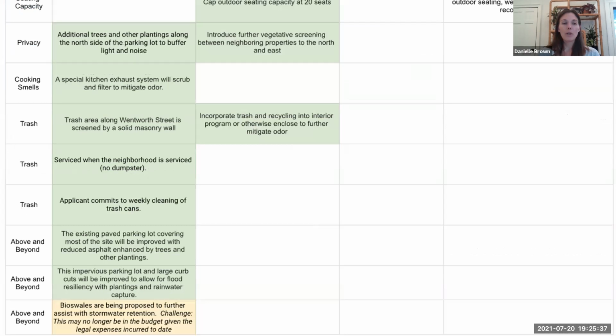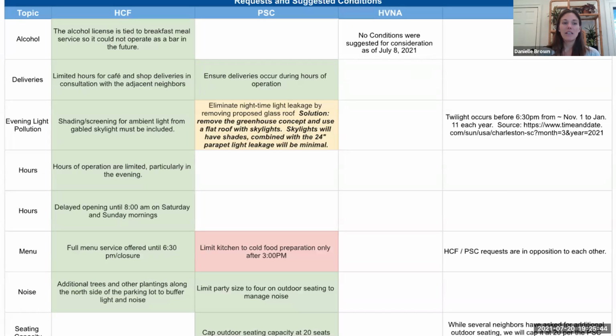The only other one that we weren't able to meet 100% is up a little bit, Mr. Batchelder, and that's the skylight. So the Preservation Society would like us to eliminate the skylight. If you recall from the